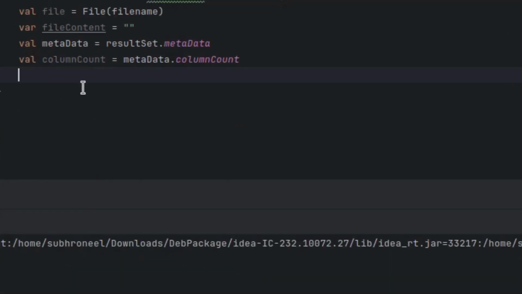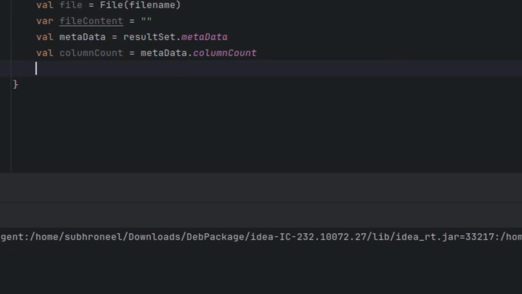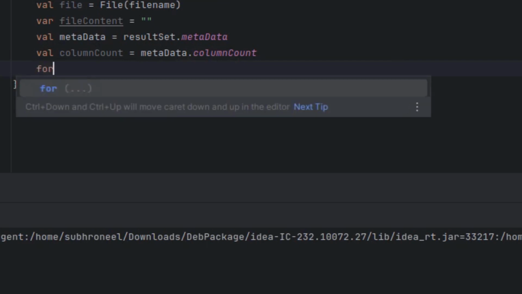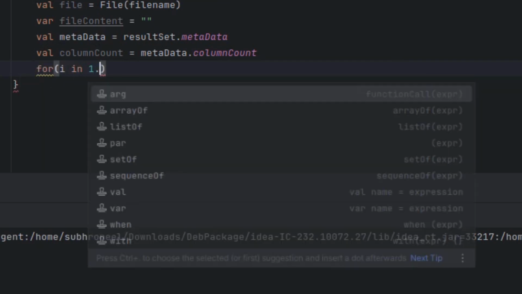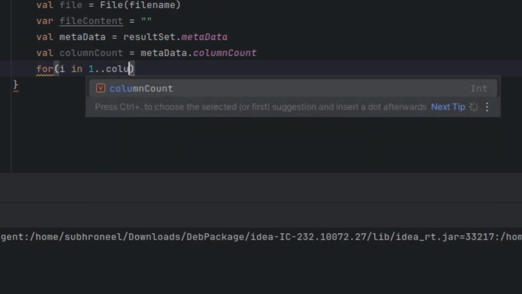Here the first loop will go through all the columns, fetch the column header names and print them on the first line. For the CSV file, the first line will be all the column headers separated with a separator. Here I am using the separator tilde, and it will print all the column names irrespective of whatever columns you have. So let us start: for i in 1 dot dot column count,